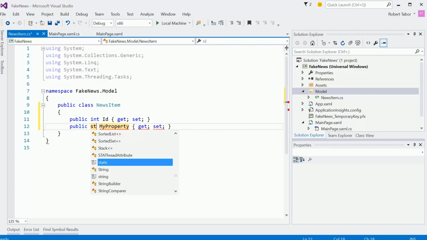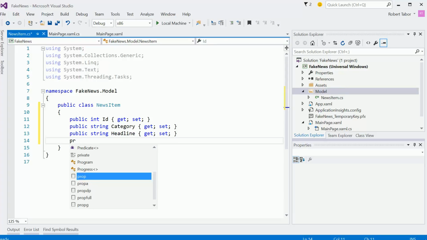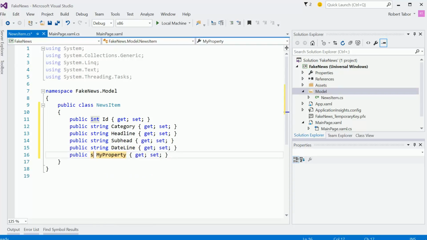Oops. Create a category. Headline. Also create subhead, dateline, and the image path. Okay. All right. So the next thing we're going to need to do then is to create a